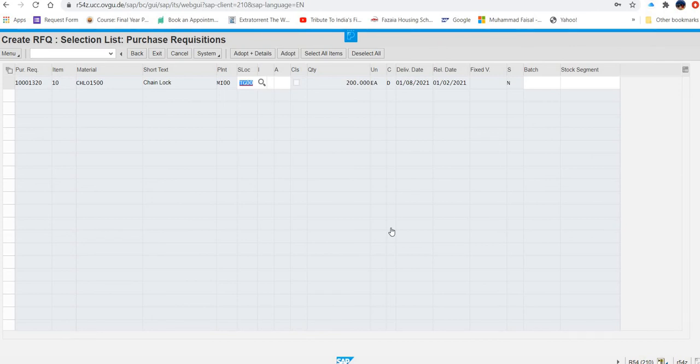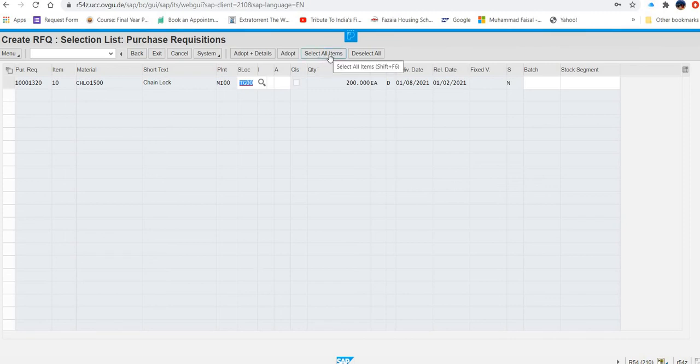Select list purchase requisition. Now here what you have to do, in the create RFQ selection list purchase requisition screen, enter SLOC, storage location, as TG00. It's there. Click on this to select all items. Now here is a select all items icon.